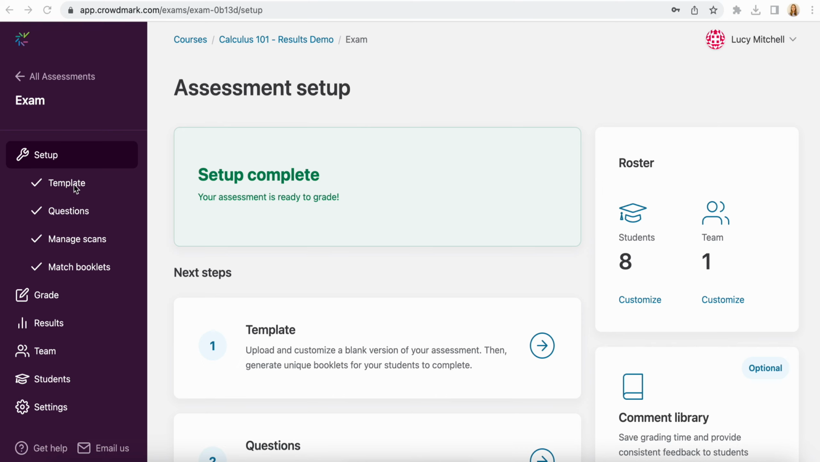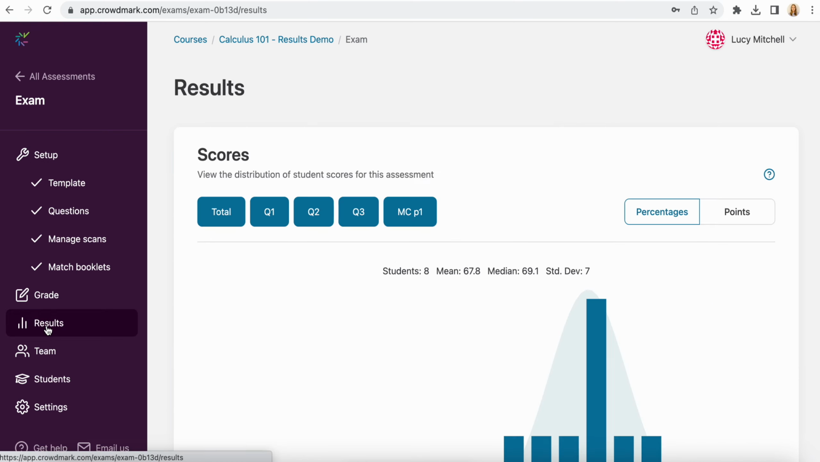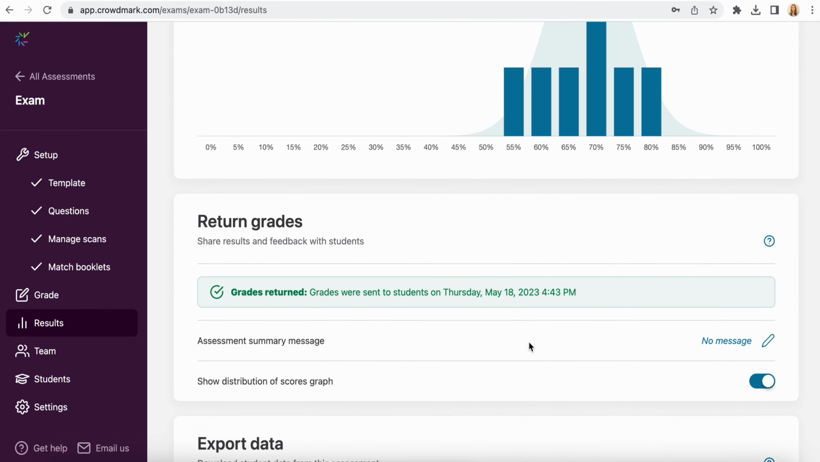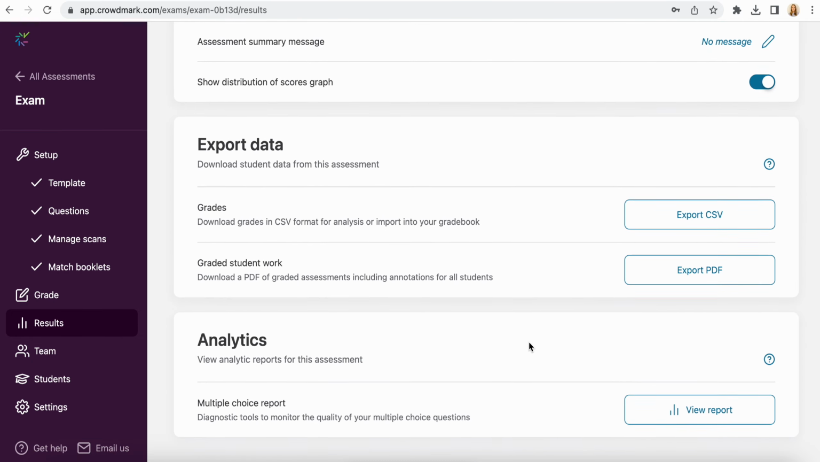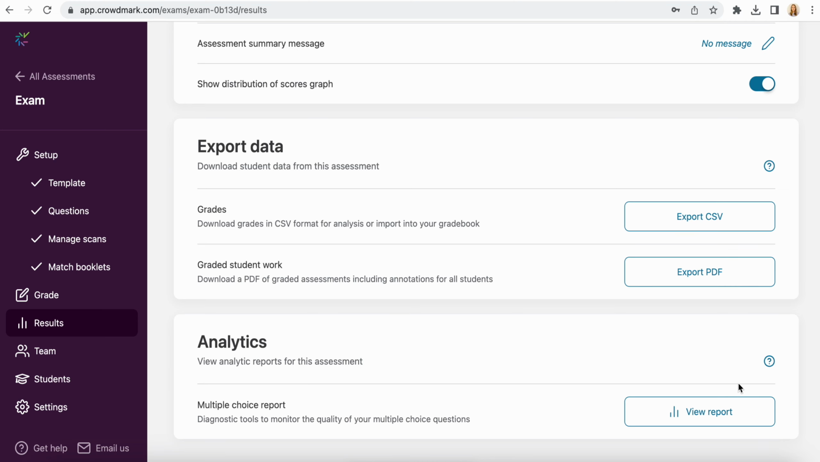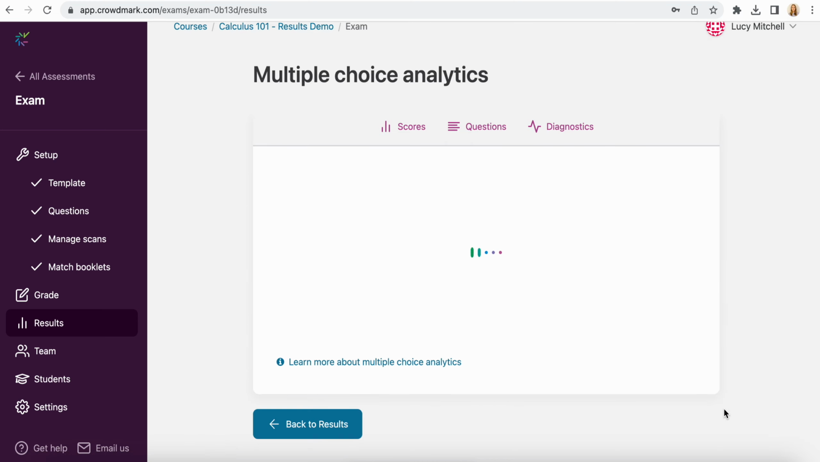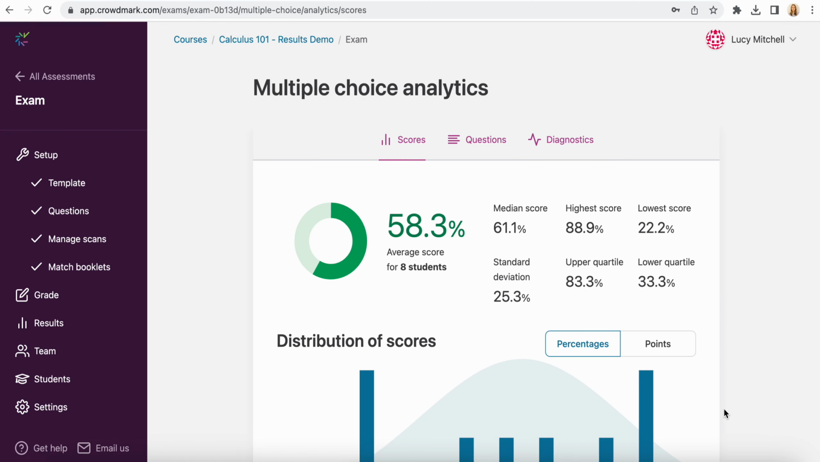So for both types of assessments, you'll see the results tab in the sidebar here. Select results, scroll down to analytics, and you'll see a section here on viewing the multiple choice report. This might take 30 seconds to load, and then when it does, on the scores page at the top